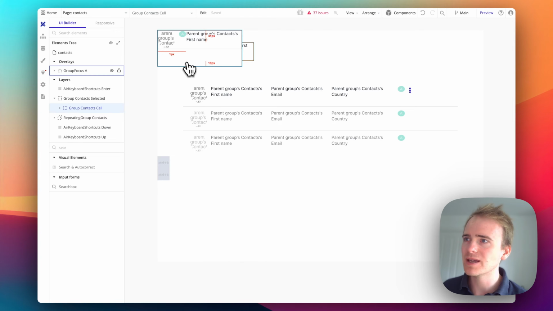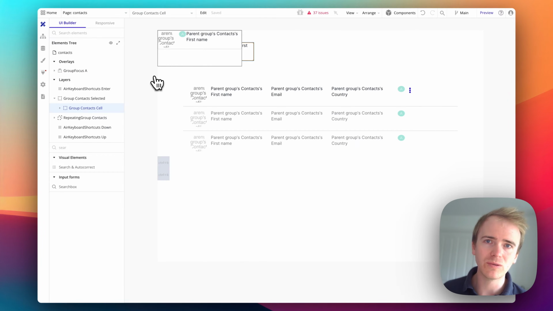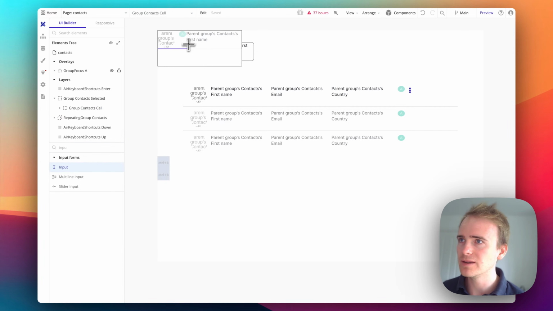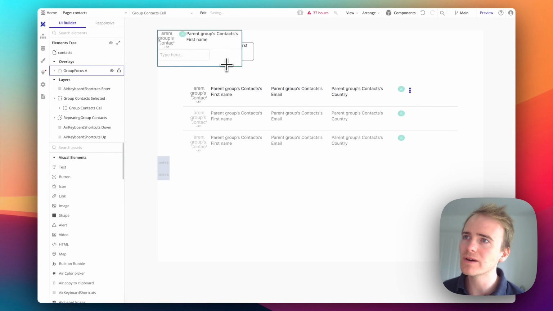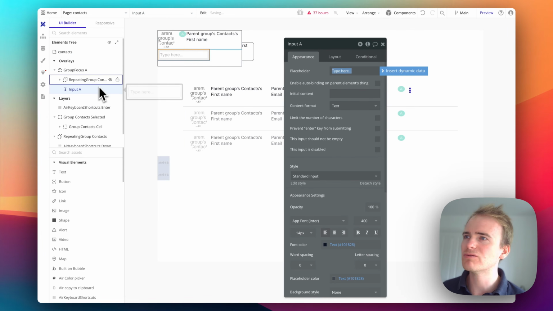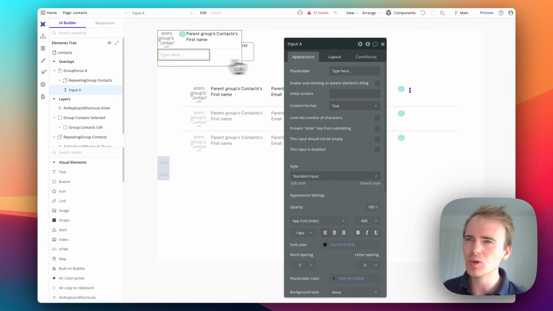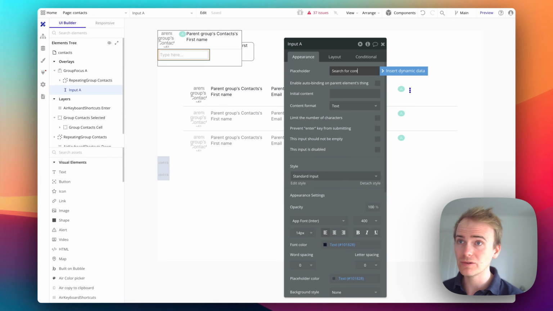That means that I don't need to use the default search element. I'm not using this input. I'm going to just use a regular input and place that in the group focus. Now, there does seem to be a bug here, which is that the group focus forgets that it is anchored to a particular element. I'm just going to ignore that. I don't think it really matters. So we'll say search for contact,